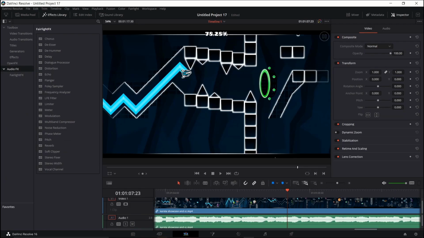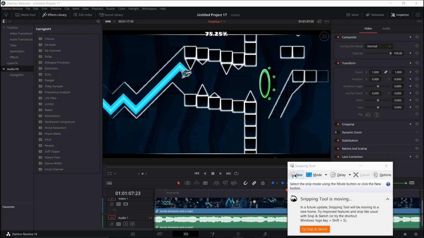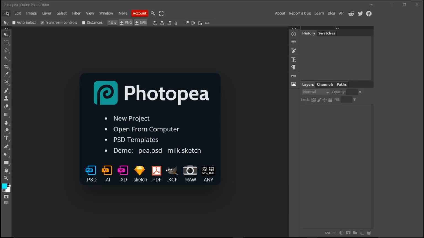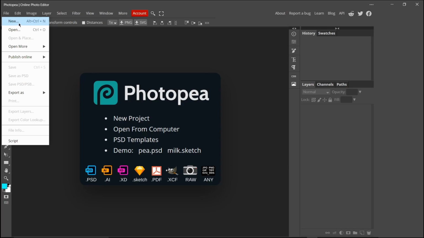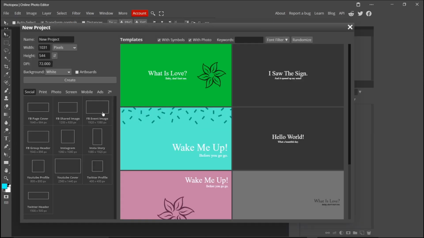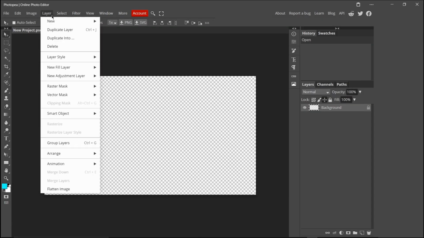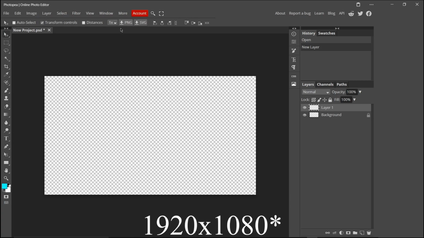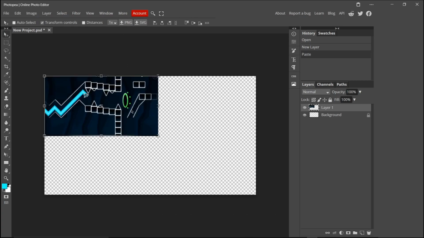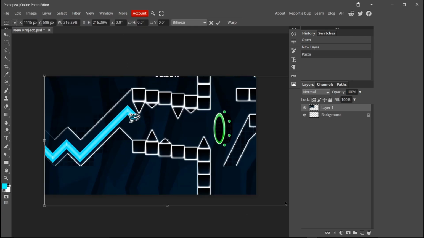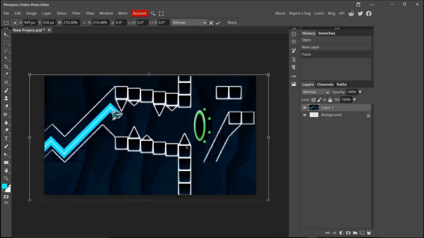and then I just screenshot. Okay, so I don't use Photoshop. I'm too poor, but I use this thing called Photopea, which is basically like an online version of that. And it's also free. So basically, I do 1080 by 1920, and I make a new layer, copy this, and